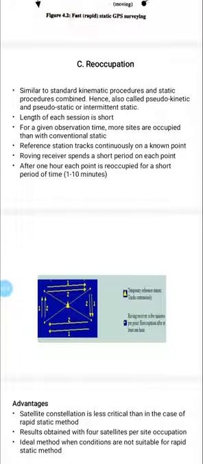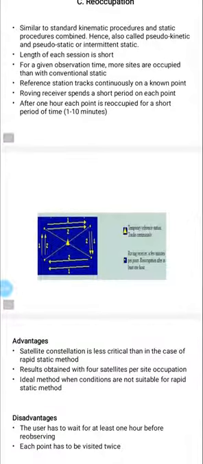So here also on a known point, a receiver is kept, which is known as reference receiver, and to the points whose coordinates need to be found out, we are placing other receivers known as roving receivers. We are moving these roving receivers from one point to another point. Okay, then after getting all the coordinates of the unknown points, we will repeat this procedure again. That is, we will take the observation again, and this method is known as reoccupation of static surveying. Okay, so it comes under static surveying.